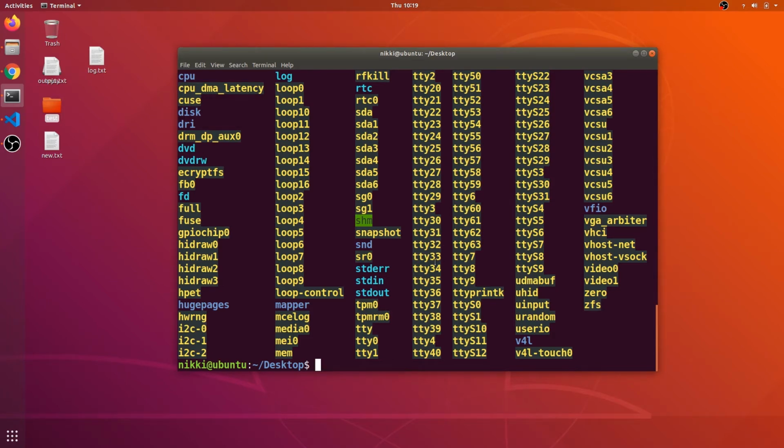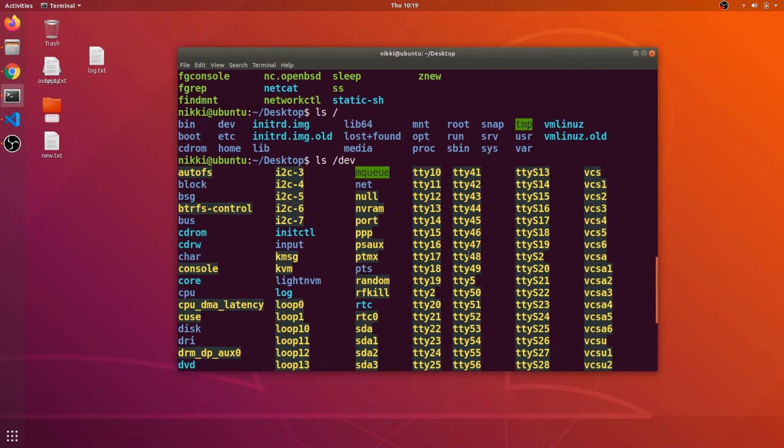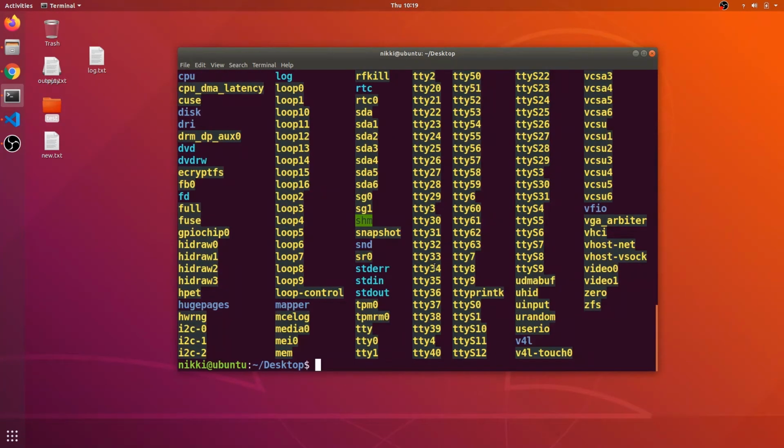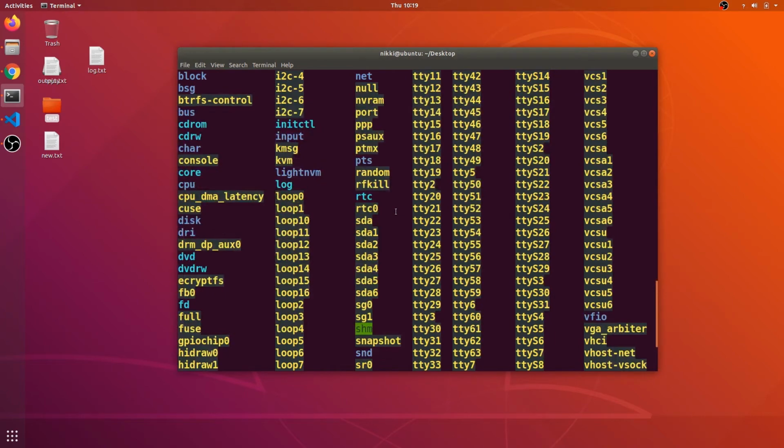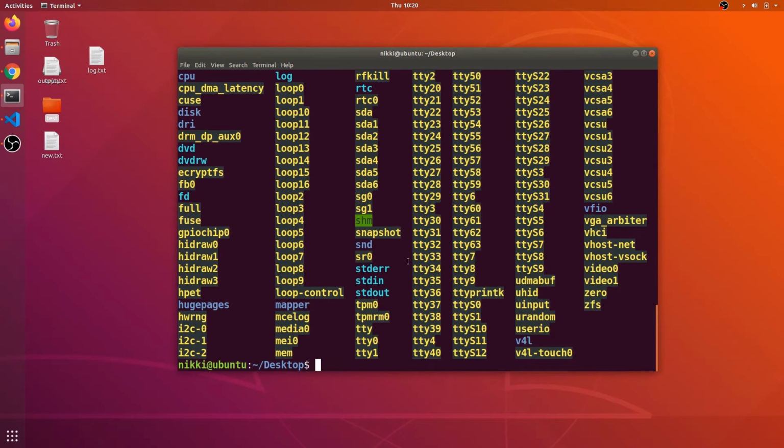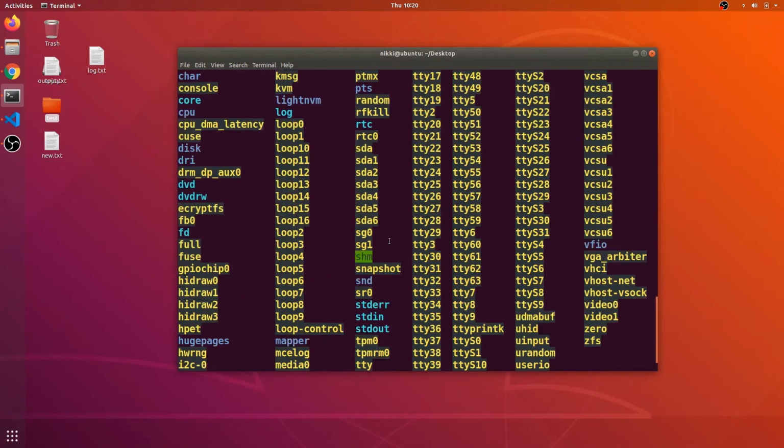These virtual terminals are nothing but a number of terminals you can access using a key combination, I just forgot the combination. These device drivers are located in the dev directory. You can also check the null device.